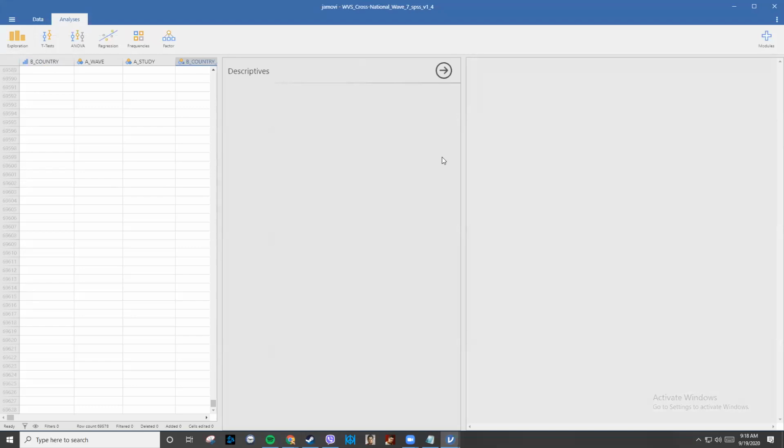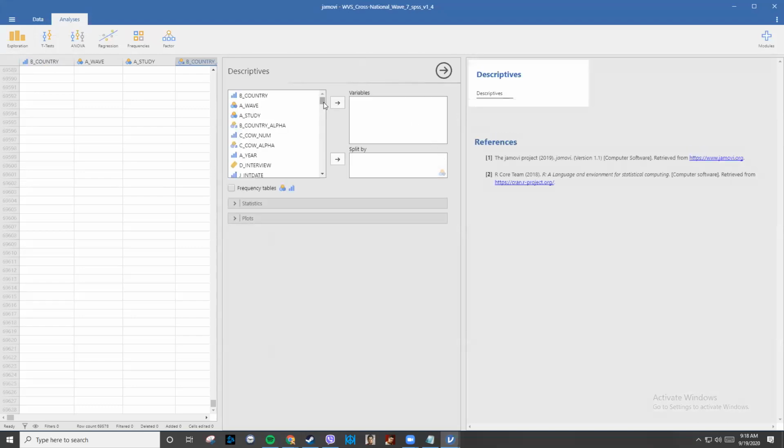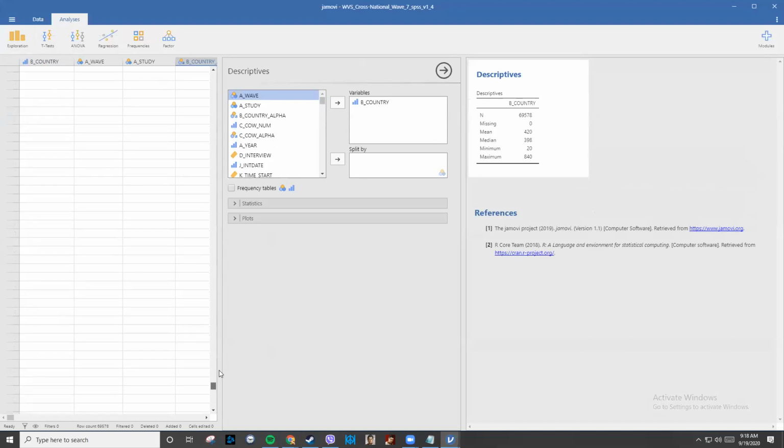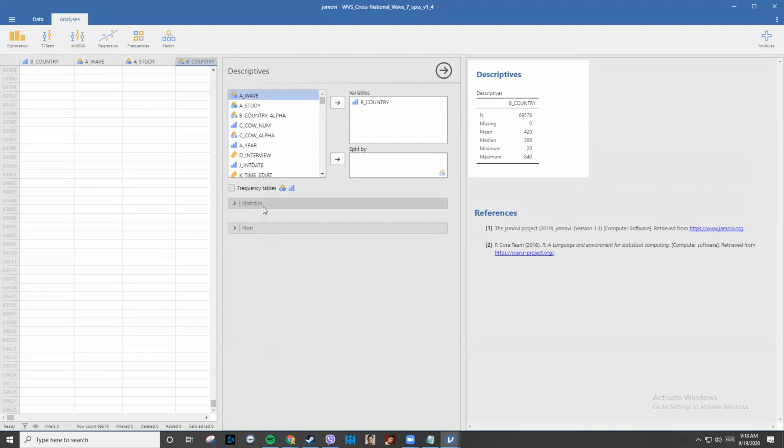Descriptives, this is the basic function. So just to keep the data small, we want to put in B country. B country is the name of the country for this data set. Then we can change